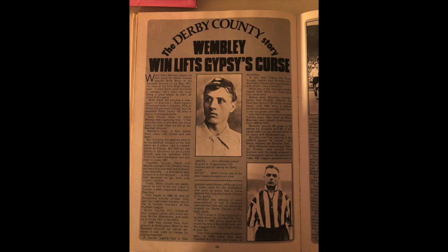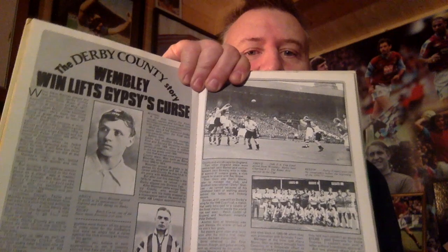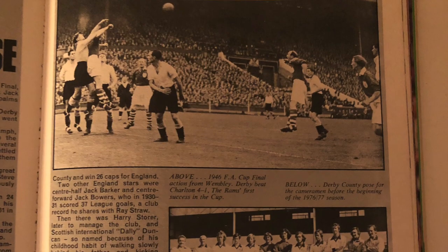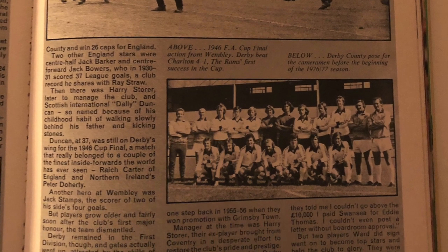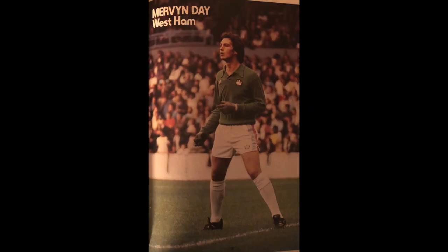I'm sure we used to get stories like this that you wouldn't get now. I used to love these. The Derby County story. Wembley win lifts the Gypsies' curse. And that basically tells you all about Derby's first win at Wembley. And obviously they were a club that were cursed by gypsies. Back again, we've got Jimmy Neighbour again. Neighbours, happy family, Mervyn Day,